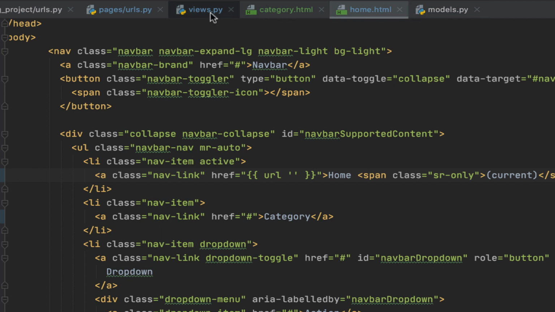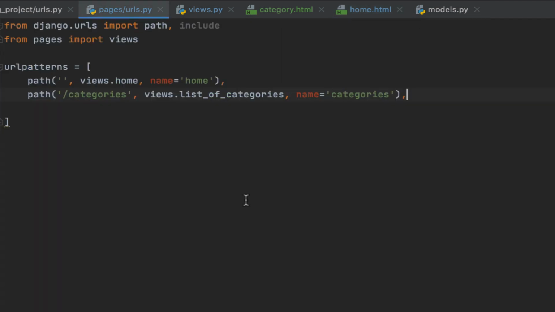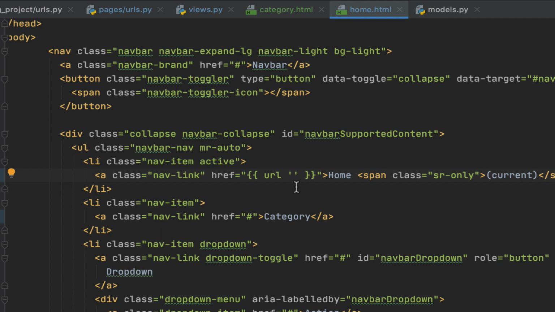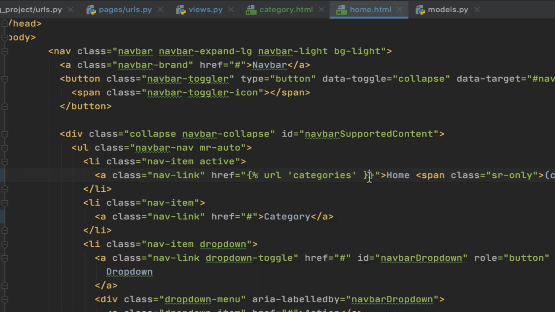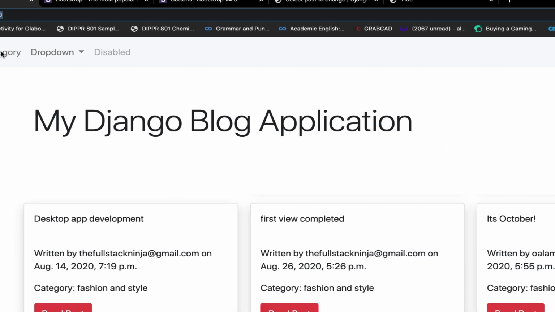Okay, so what did we call it? Categories. That's what we called it. So copy this. Put that there. This has to be %. Yeah, since it's not a variable. Save and